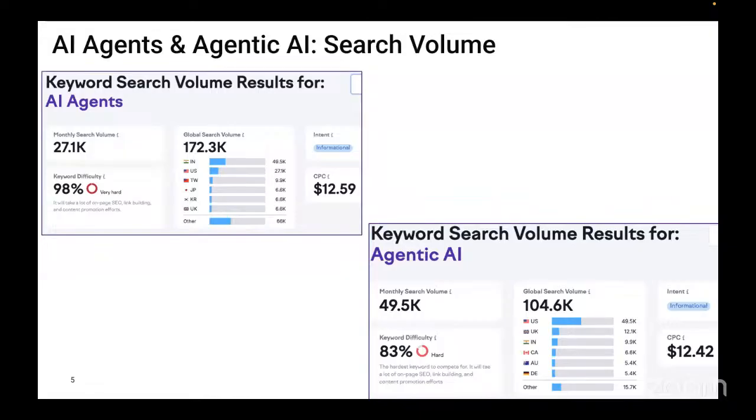And now, since agentic AI is all the buzz, you can see 49.5K monthly search volume around the globe. For AI agents, the global search volume is led by India, US, Taiwan, and many others. For agentic AI, it is US, UK, India. You can also see the cost per click is $12.59, and almost similar for agentic AI. And the keyword difficulty is 98% and 83%. That means these two keywords are very difficult to rank for on Google if you try to write anything on them. So yeah,